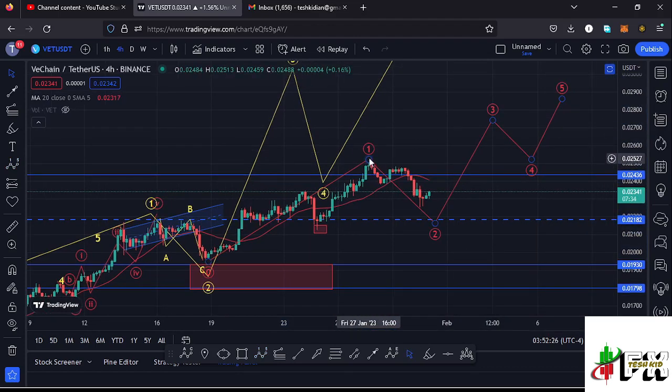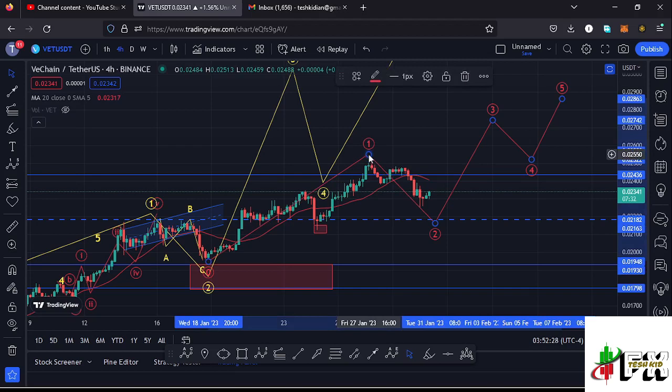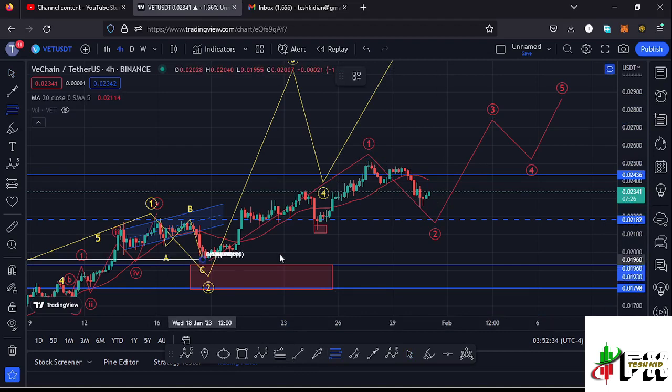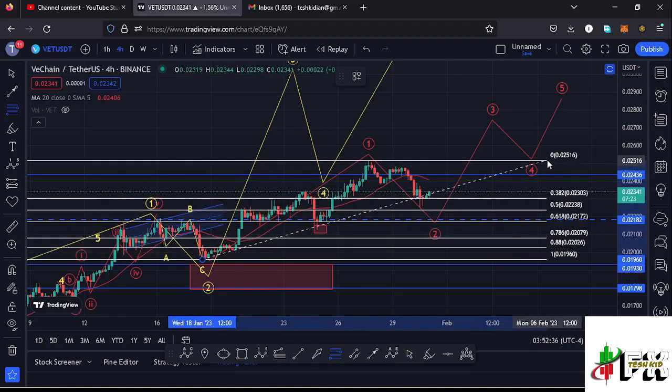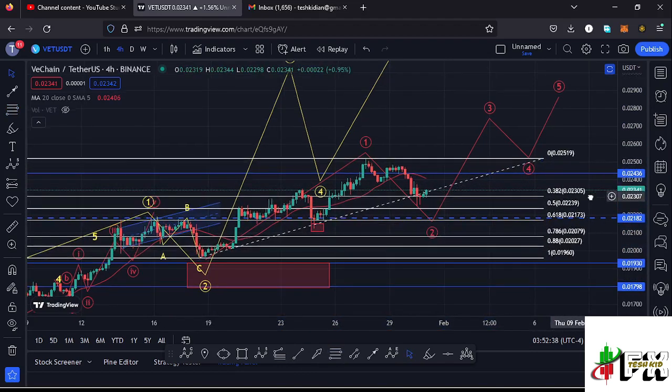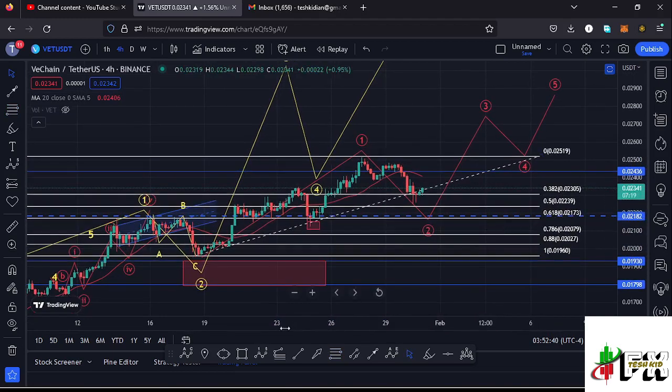And if this is the move, we can sketch out a minimum retracement area to the low side in the formation of this wave 2 using the Fibonacci, connecting them from the low of the first wave to the high of that wave 1. And that gives me a minimum retracement area between the fib level 0.5 and the fib level 0.618, which lies between the $0.02239 mark and the $0.02173 mark. And that is the minimum that I'm expecting this second wave to the lower side to do